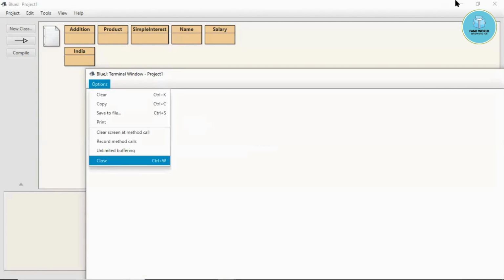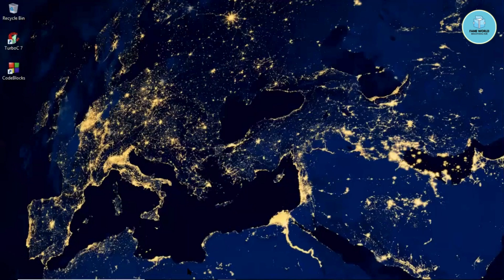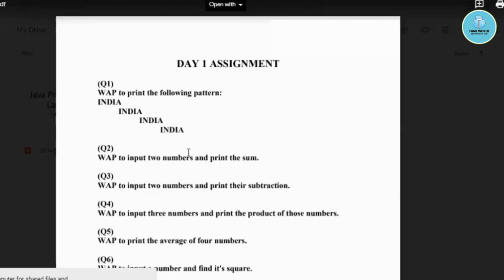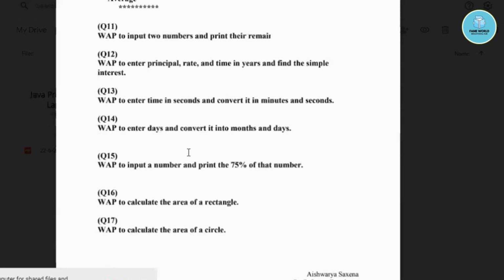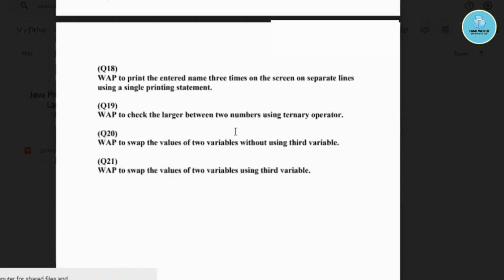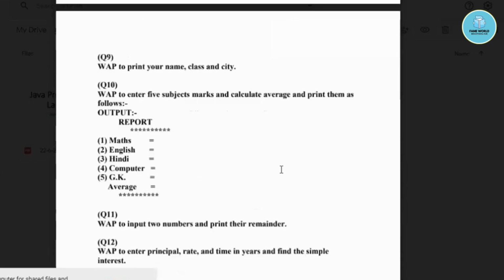Now here is a question. There is a concept of swapping. In a question I have given that you have to swap the values of the variables. Yes, here is the question: swap the values of the variables without using a third variable. Similarly, question number 9 is also just for printing. Like the first program, you just have to print the values. You do not have to take any input. Write a program to print.